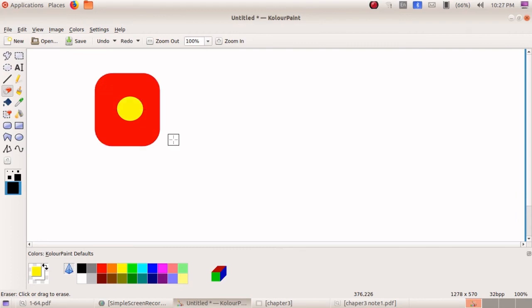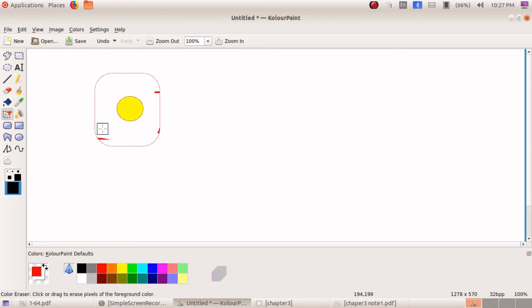Instead of this, one important tool is available. This is the color eraser. Just click on the color eraser. I want to rub only this red. So for that I choose one red color. Don't worry about this yellow. When you rub this, it rubs only the red color picture. Now I am moving the mouse inside the yellow, but it won't rub, only the red color. Understand, children? So this is the main difference between these two erasers.